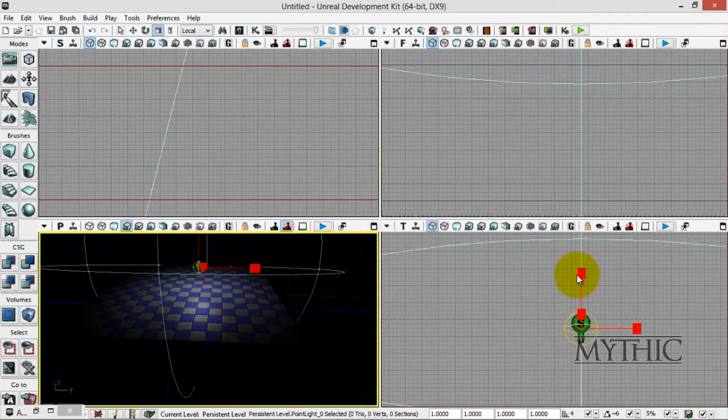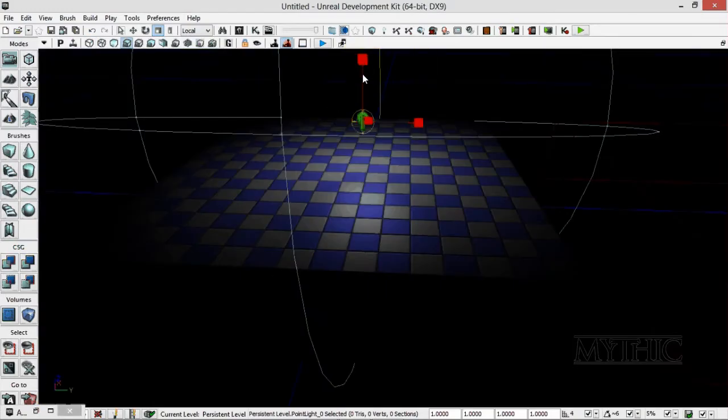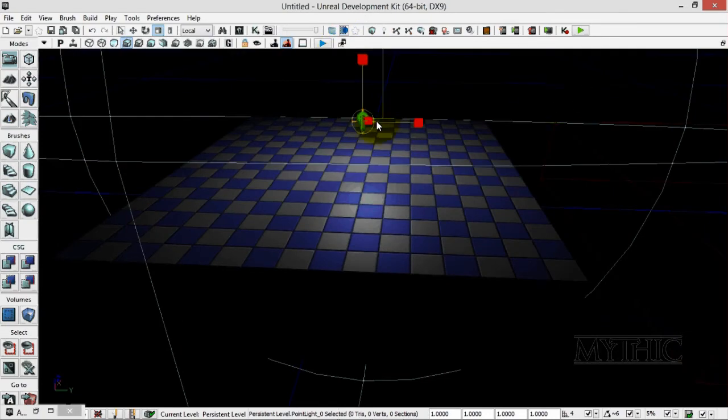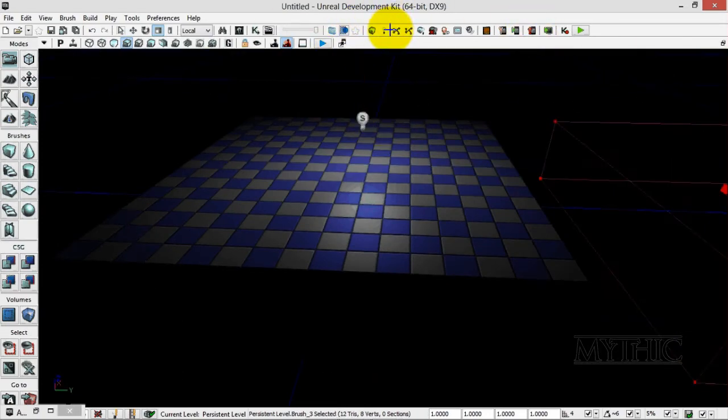Your screen may look something like this, with the different angles and different viewports. If you want it to look like mine, just click this right here. It'll expand it to this one. I just use this one because it's easy to get a glimpse at what you're doing, and I'm not making a lot of measurements. Okay, so now that the light's there, what we're going to do is